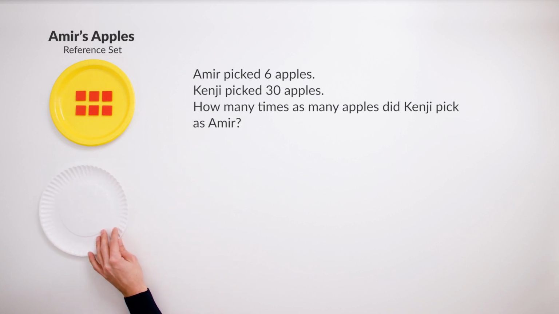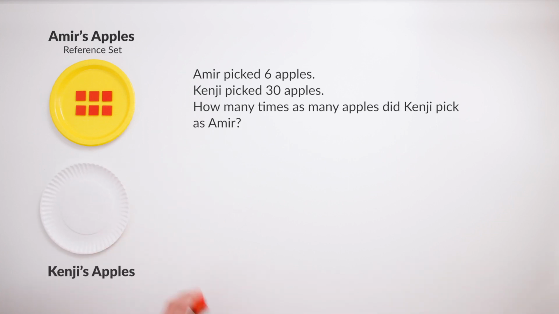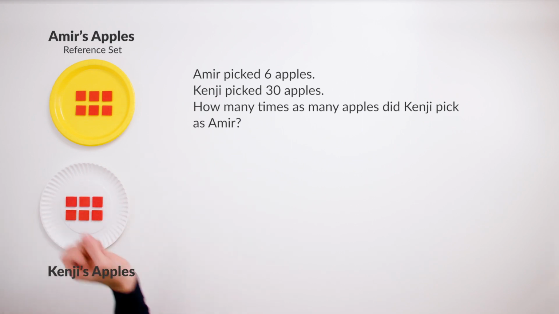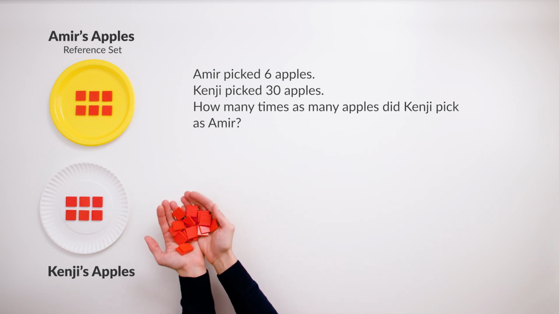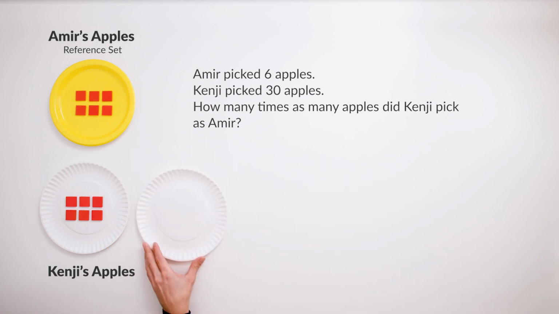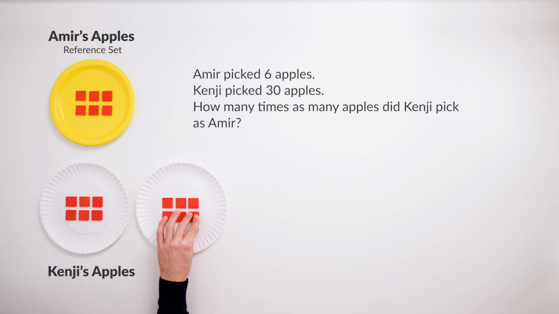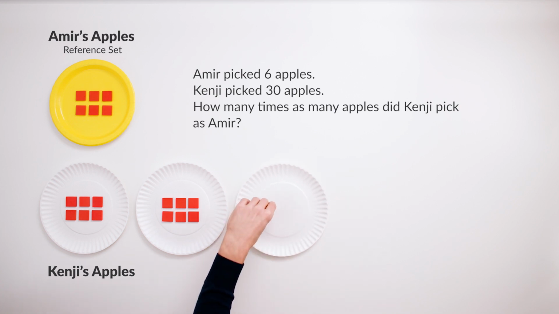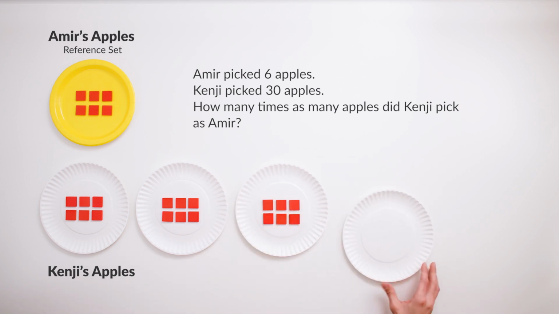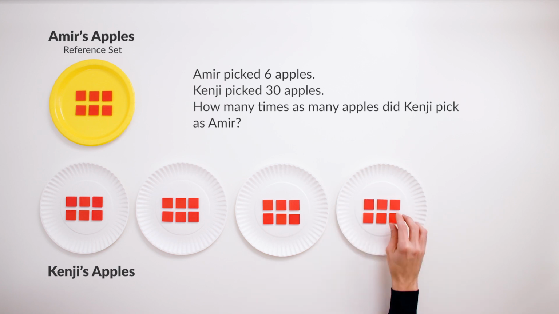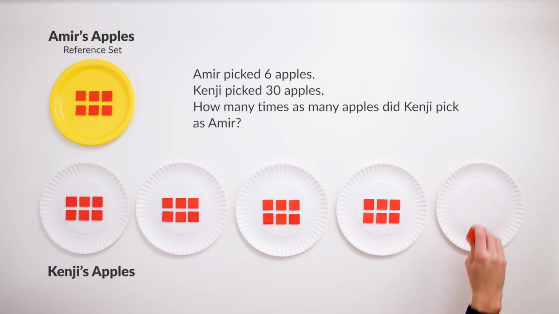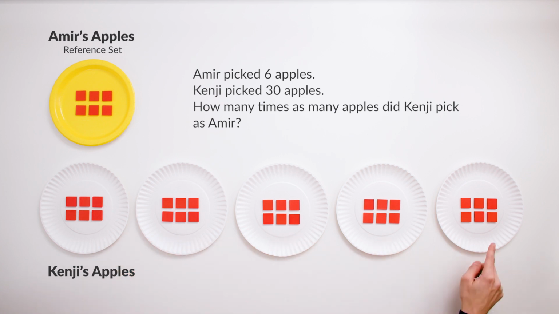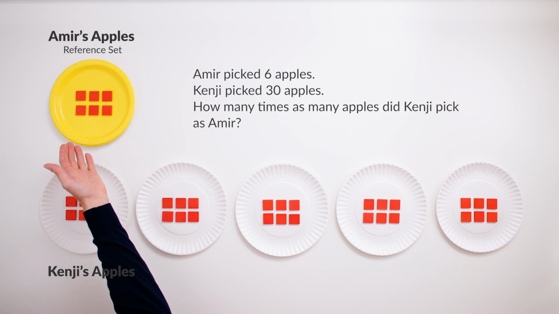We know this plate needs to match the reference set, so we'll put 6 tiles on it, which represents 1 times as many apples as Amir. We still have more tiles to distribute, so let's put out another white plate and put 6 tiles on it. Now this is 2 times as many. We'll continue putting out plates with 6 tiles on each one until we've distributed all 30 tiles. Now we can see that there are 1, 2, 3, 4, 5 times as many as the reference set, or